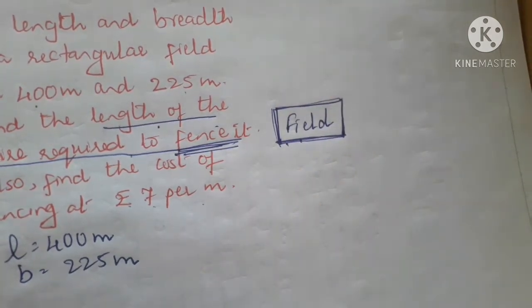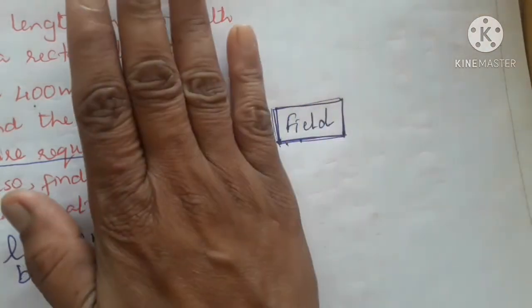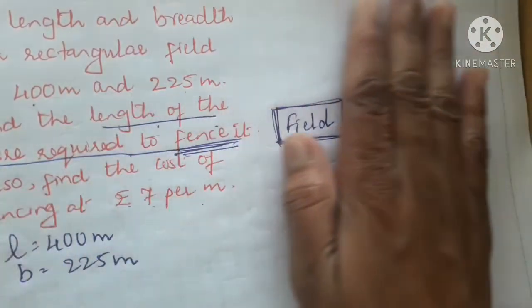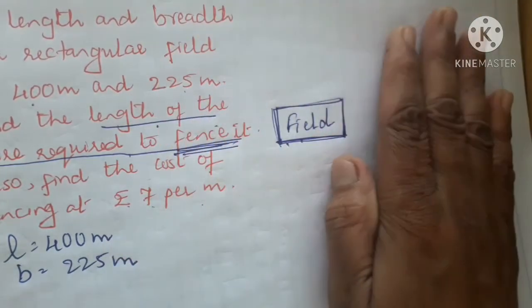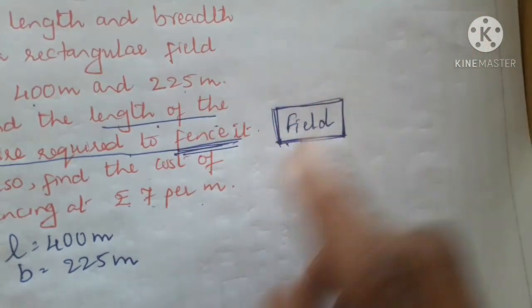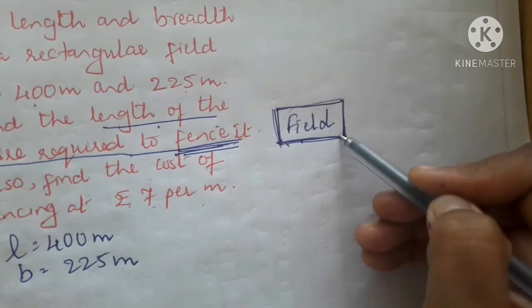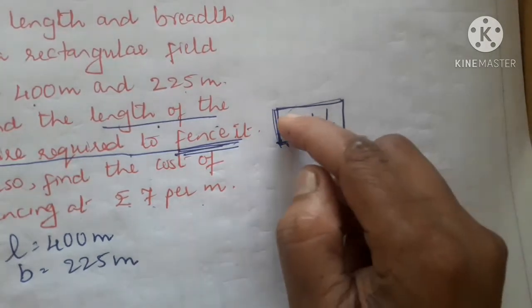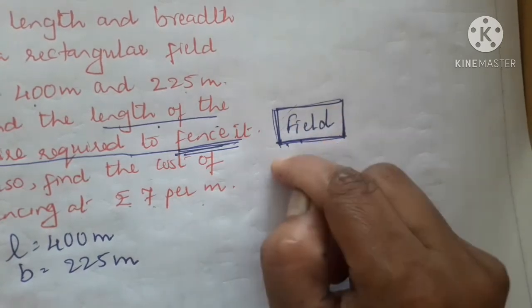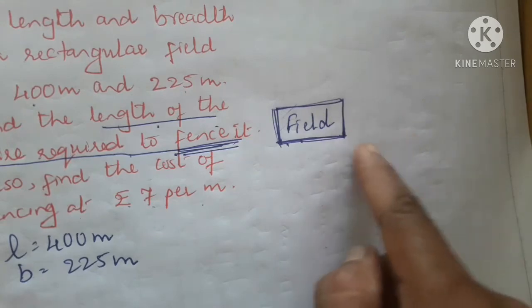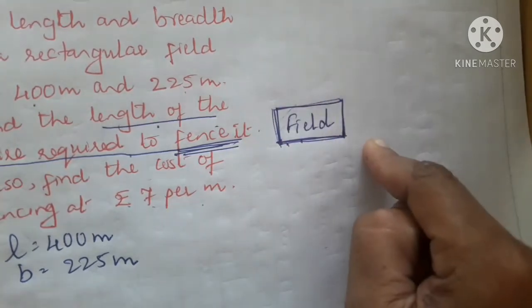When I ask you to find the area, you just go on moving the hands. This is area, that is the complete part covered inside the figure also. If I show here, then this part is the area. But here fencing is not done in the interior. Fencing is to be done on the border only, right? So what is that? Perimeter.